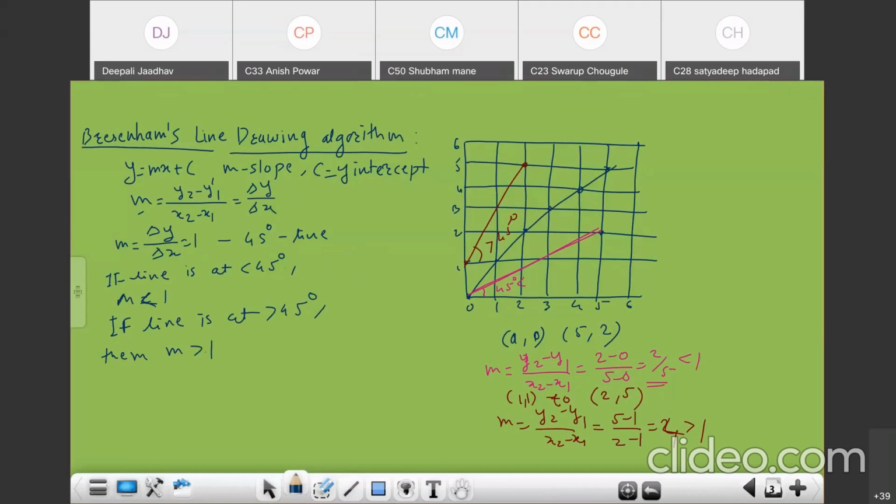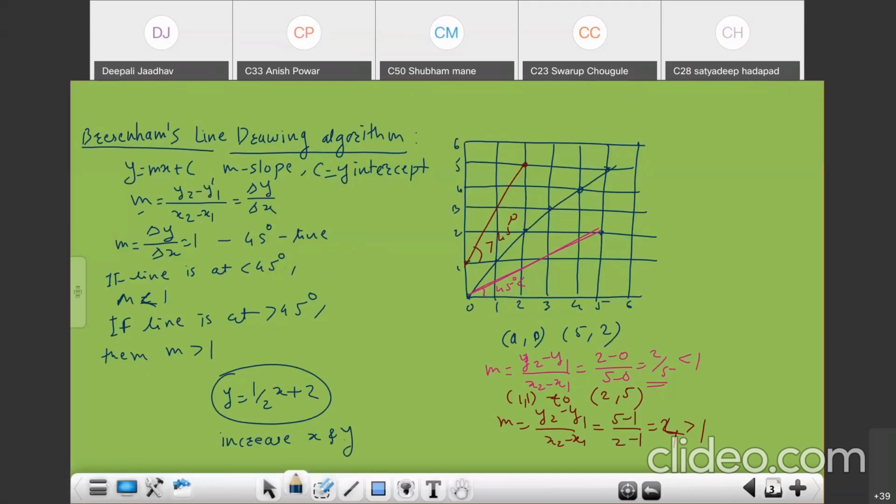Now we represent the line with the simple equation y = mx + c. Using that equation, can we draw a line on the raster? No, it is not possible using the equation. I know the equation y = (1/2)x + 2. Can I draw a line with this equation? No, it is not possible. To draw the line on this raster image, we need to increase the value of x and y every time.